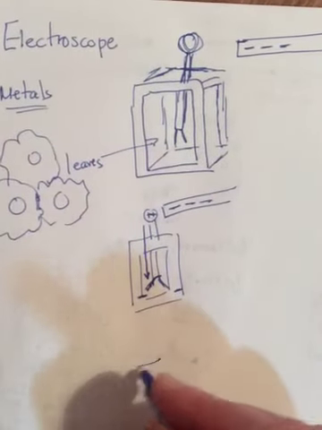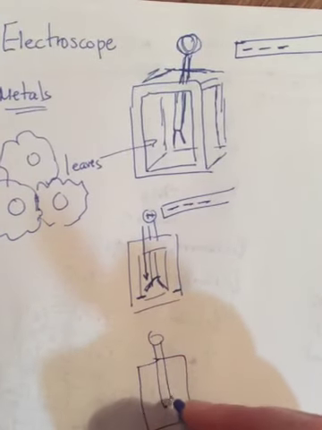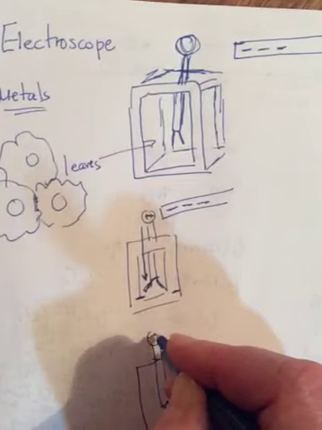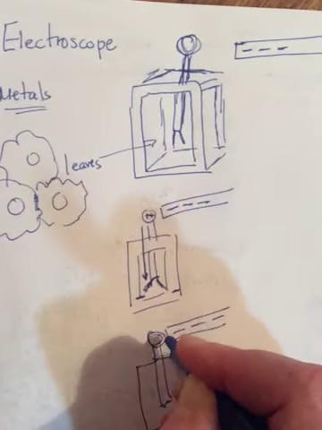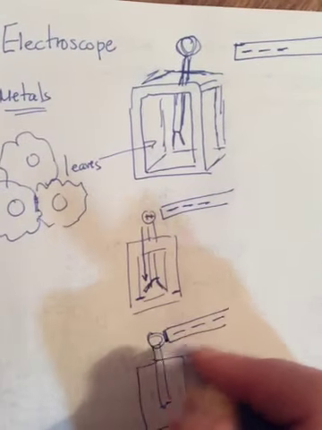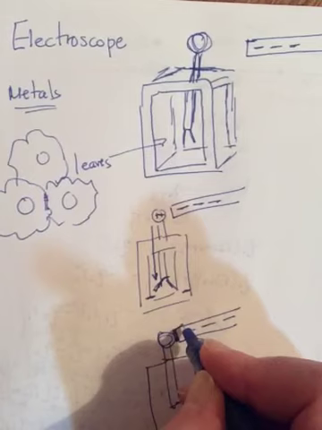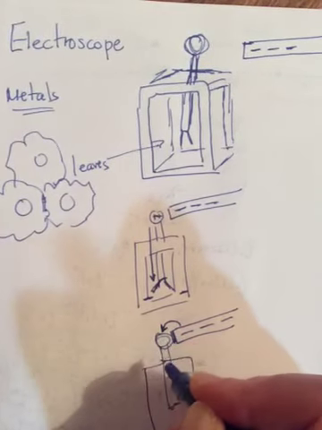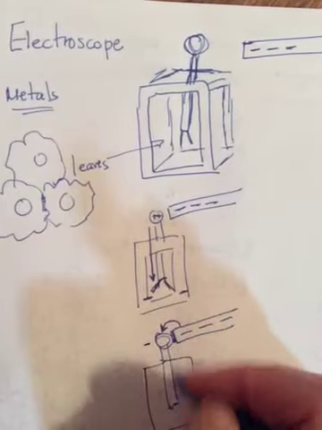Now, it's a little bit different, though, if I touch it. If I have my neutral electroscope, and now I touch with a negatively charged rod, right? Remember, when 2 objects of different charge touch, there's a transfer of charge. So now electrons from the rod go into the electroscope, and it makes